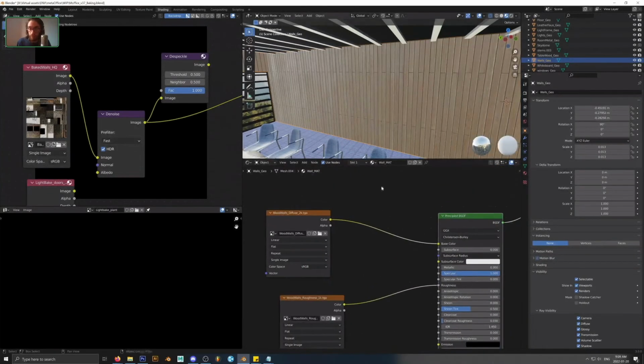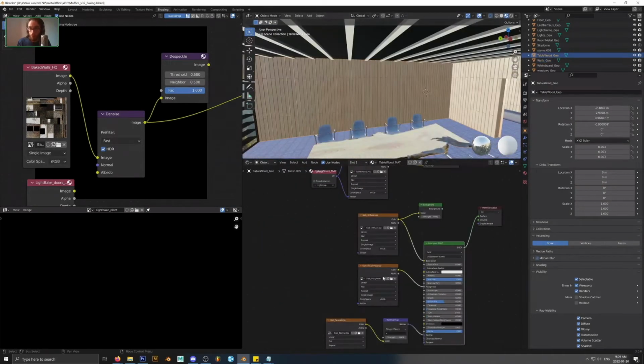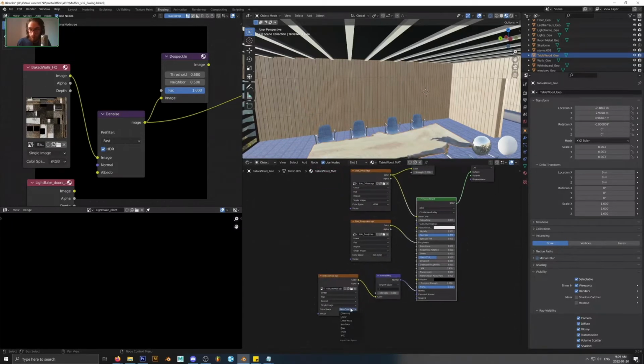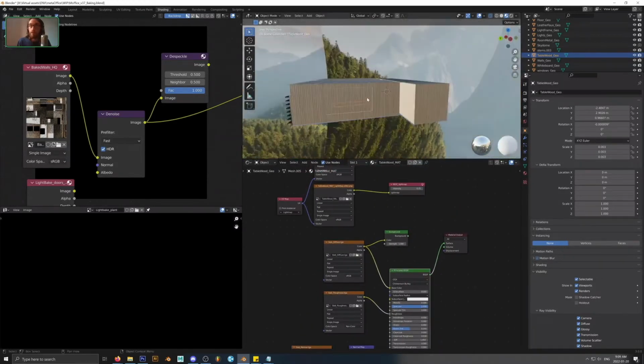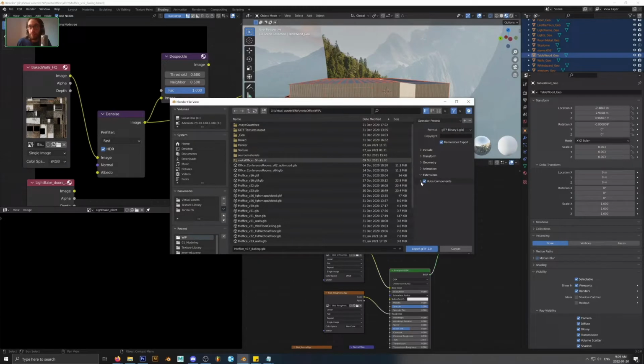Wow, I don't even know. This was probably set up pretty poorly, and probably all of them are set up very poorly. Yep, that's right. They all are. Those should be non-color. Doesn't matter, good enough. So if I do File, Export, GLB, then if I go to the extension Hubs